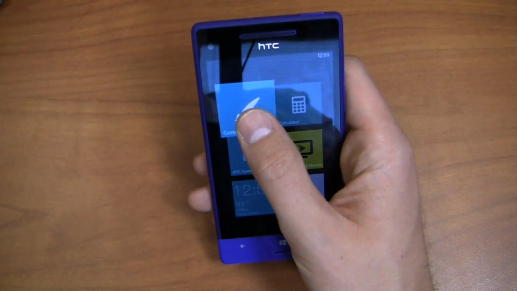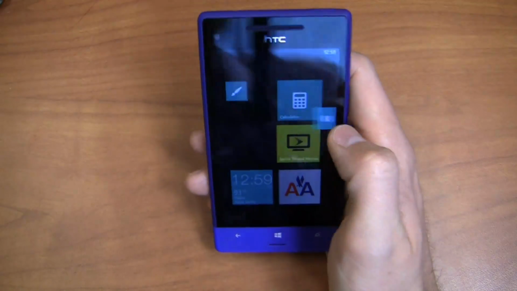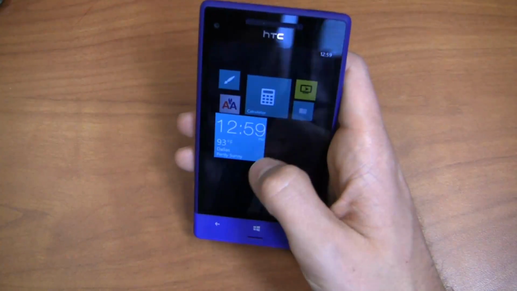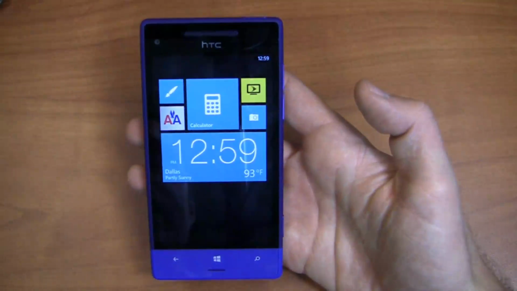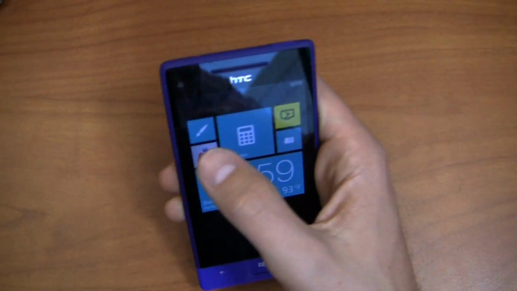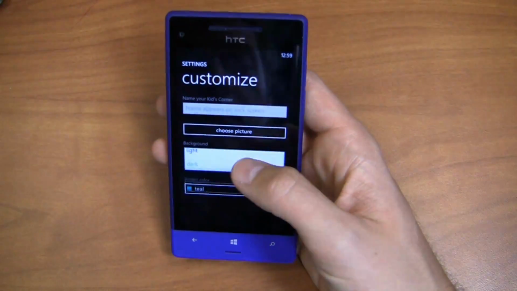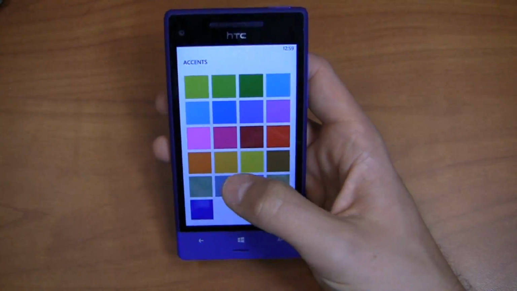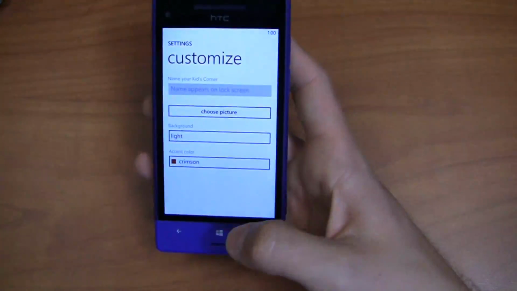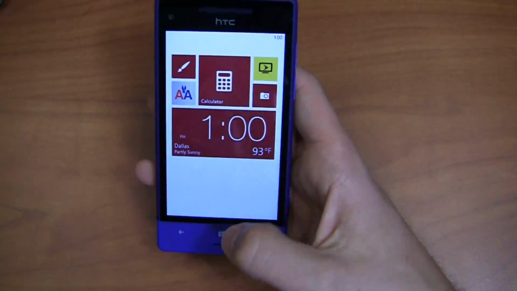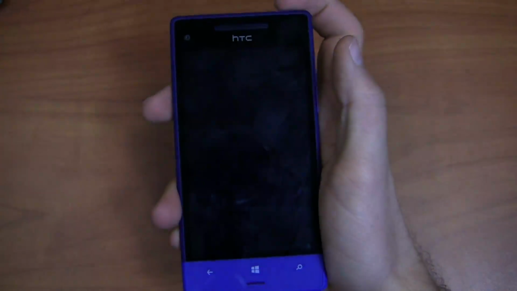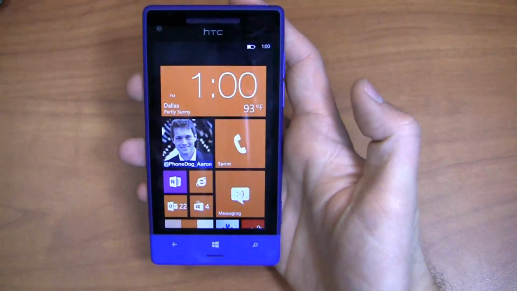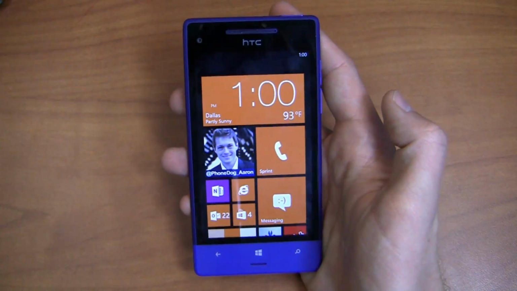kid has the ability to customize and make this their own. They can change it around, they can move icons around if they want to. They can make it like this, we can move this, and then boom, my kid has his own home screen with his applications, and he can customize the colors. He or she can customize the colors. Shouldn't say he, who knows which kind of kid I'll have when I have kids, if I have kids. Cobalt, Crimson, whatever the case. And then when you're done, turn it off and back on, and it brings you right back here to your home screen where I can put in that password and get right back in and pick up where I left